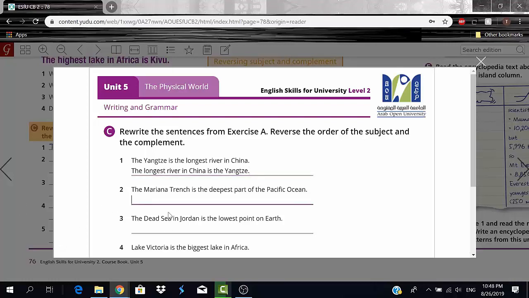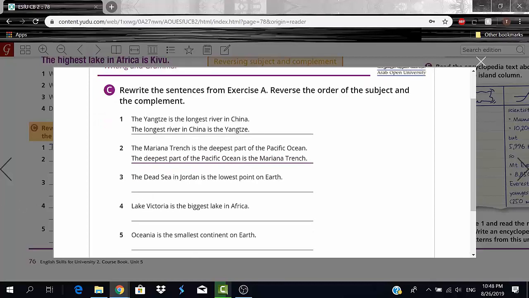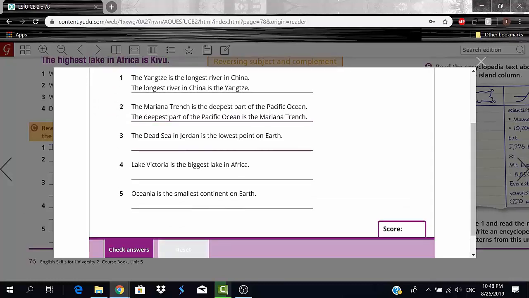Number 2, the Mariana Trench is the deepest part of the Pacific Ocean. I could say the deepest part of the Pacific Ocean is the Mariana Trench. Okay, same exact meaning again. The Dead Sea in Jordan is the lowest point on Earth.